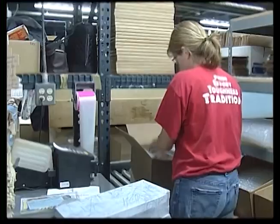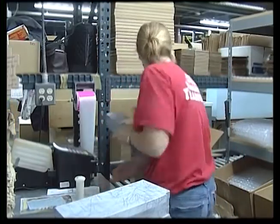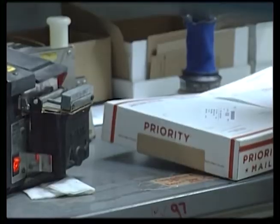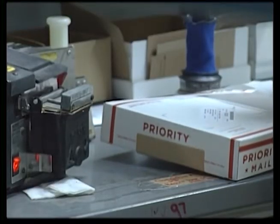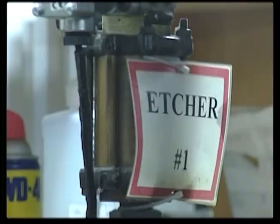Nelson says the company sets a goal to produce a certain amount of products each day, every day, all year long. We physically can't produce at the same level that we sell. So we have to make a sales forecast at the beginning of the year, and as an example, this year we come up with an estimate that we need to produce about 18,000 knives a day in order to meet